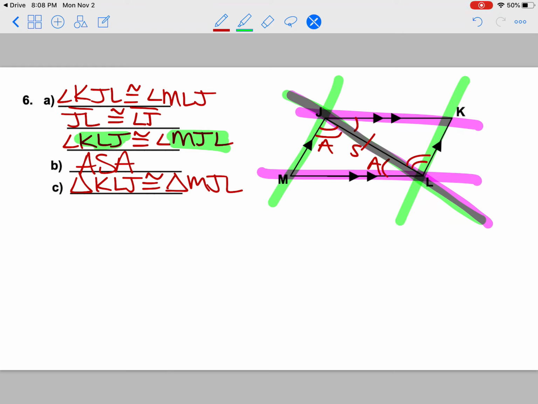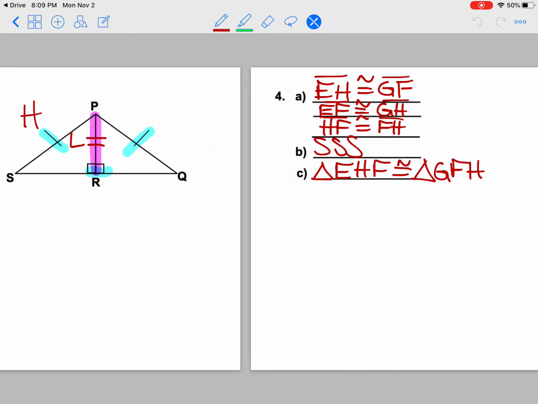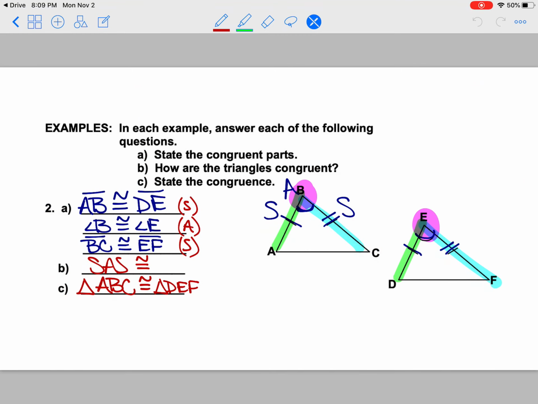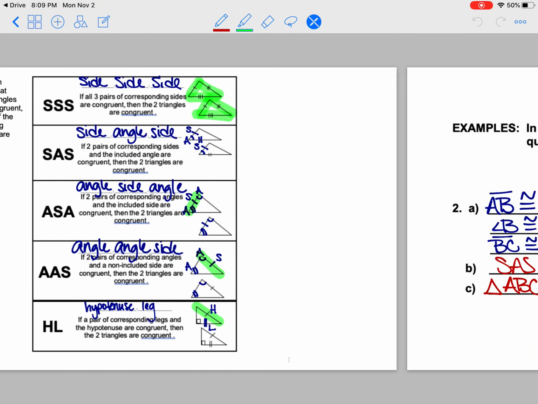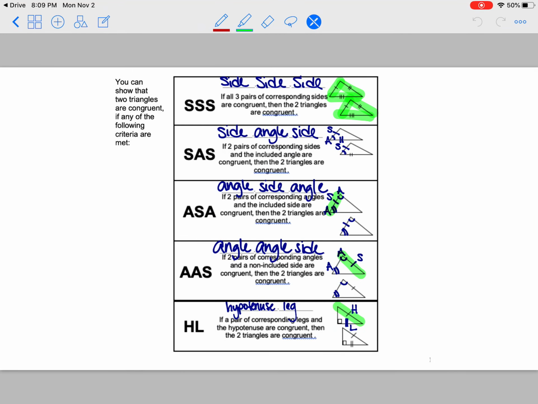So my advice on when you're setting up congruent triangles or determining which one of our 5 theorems to use to prove them congruent, label. Any tick marks, get an S. Arc marks, get an A for angle. And so once you have your 3 parts labeled, and notice I only labeled 1 triangle at a time, I didn't try to do multiple angles, then you can easily see which of the 5 it will be. Remember, if you're going to prove HL down here at the bottom, you have to have a right triangle first. If you don't have